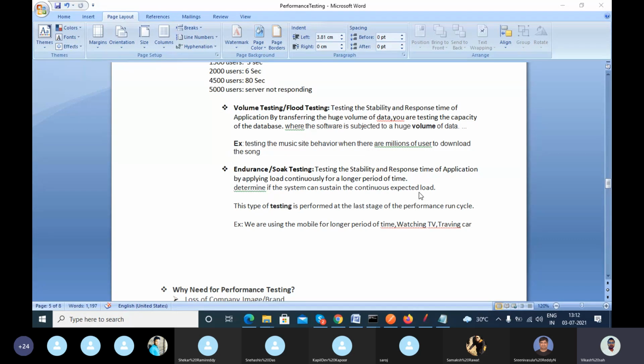Then gradually increase to 2 hours. Yet it is working. Then 3 hours, 4 hours they are using. 5 hours, 6 hours, 7 hours they are using. Whole day, whole night they are using the application. 24 hours, 72 hours they are using the application continuously. 3 days, 4 days, 5 days, 6 days, 1 week, 1 month, right? Continuously for a longer period of time,